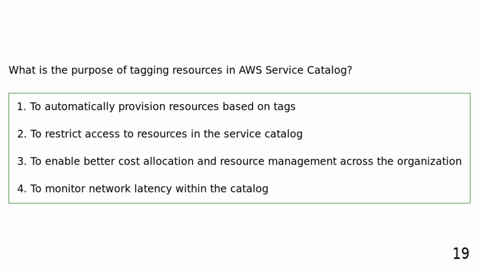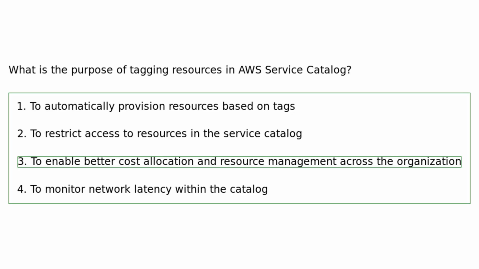What is the purpose of tagging resources in AWS Service Catalog? To automatically provision resources based on tags. To restrict access to resources in the Service Catalog. To enable better cost allocation and resource management across the organization. To monitor network latency within the catalog. Tagging resources in AWS Service Catalog helps organizations allocate costs effectively and manage resources by providing visibility and control over